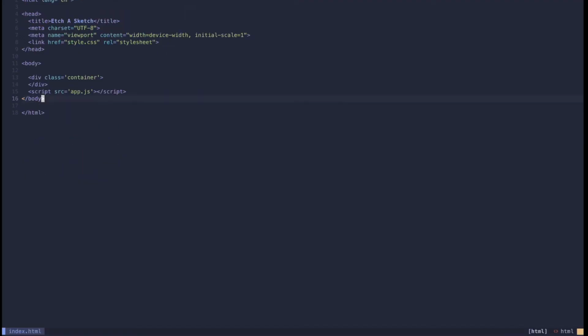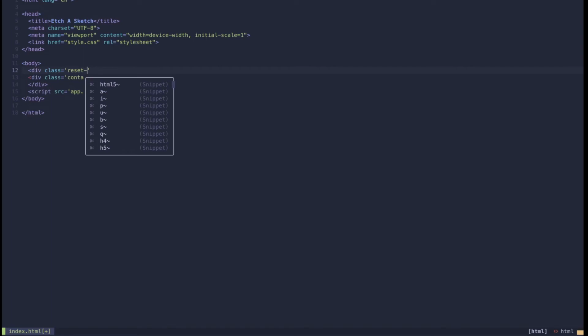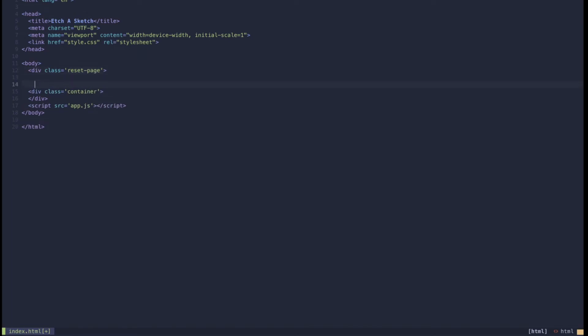Okay. So we're going to add a button. Again, you could definitely have done this in the JavaScript and added the button, but I'm just going to hard code it because we kind of want that anyways. Reset page. And we'll do a button, then shake, Etch-a-Sketch. And again, the reason I wanted you guys to look at what the Etch-a-Sketch was is you shook it to get rid of the old drawing that you had. So